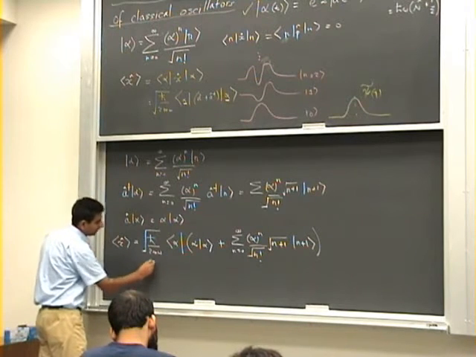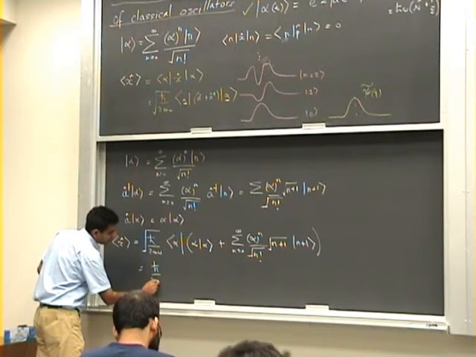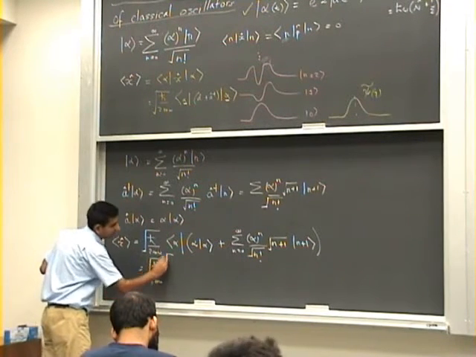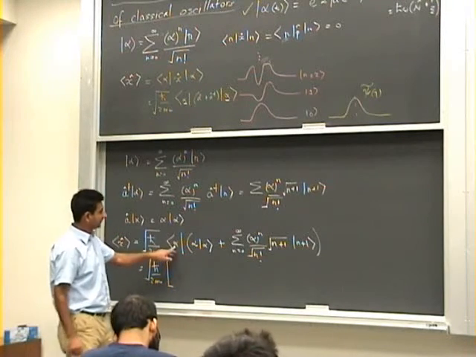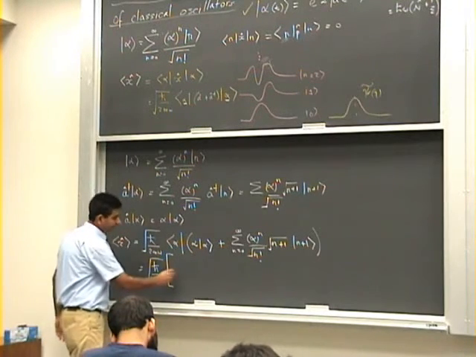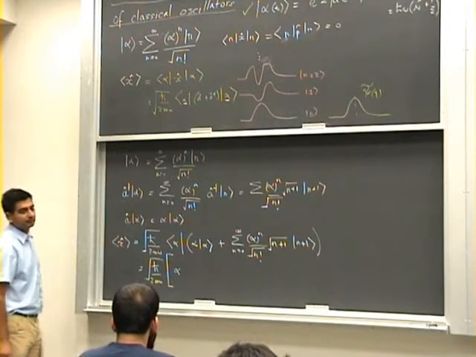So this turns out to be h bar over 2m omega. This is a big bracket here. Now of course this inner product is simply alpha, plus